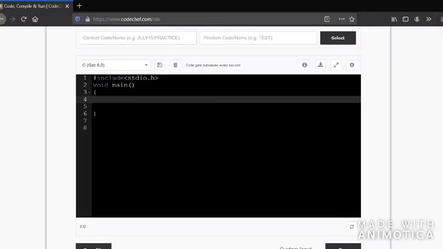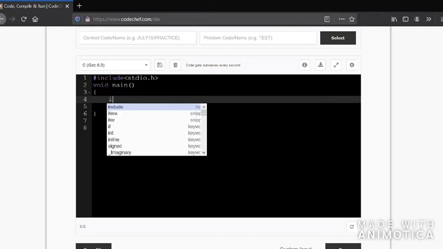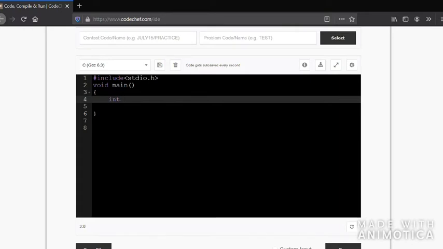Now let us see a simple program to initialize an array, and then how to print the different values without loops. So here let us take an array with number of rows 2 and number of columns 2. How do I declare it? int, the name of the array is A, number of rows is 2, number of columns is 2. Now I'm giving the values. 2 into 2 is 4, so this particular array can store 4 values. I'm giving 1 2 3 4.